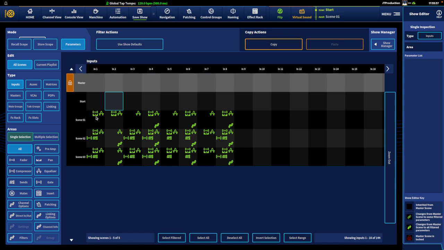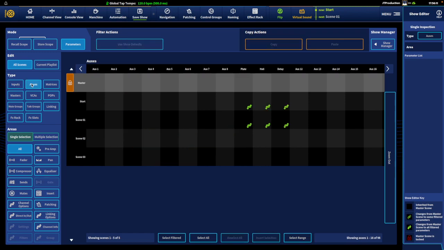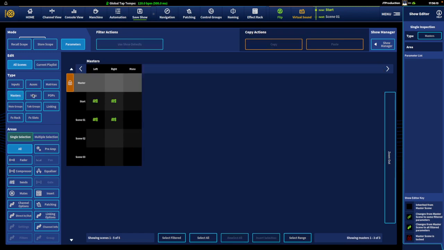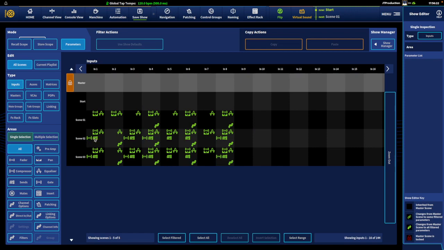So you can tell what these symbols are by looking over here at these areas, which show you, for example, your fader here and equalization, and you also have up here type. So if you wanted to copy parameters from auxiliaries, matrices or masters, for example, you select your relevant type here. But we're going to focus on inputs,